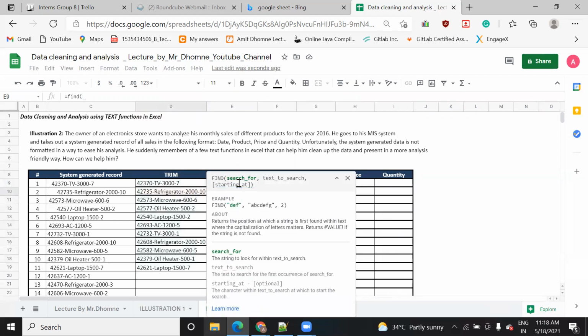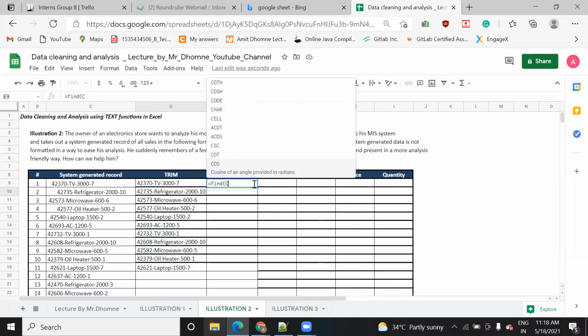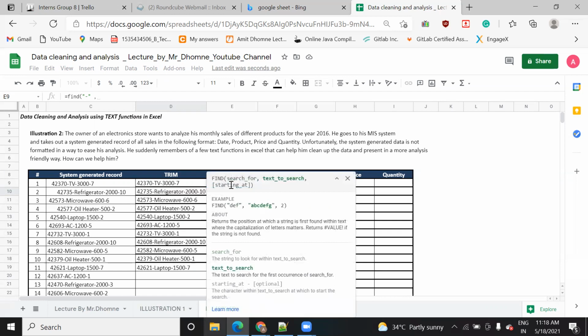Let's see this. I want to start at C column, and my data starts from the ninth row, so I will use C9. Oh, okay, sorry. First, we need to add what we need to find. So first the hyphen, because here you can see the syntax is search for.